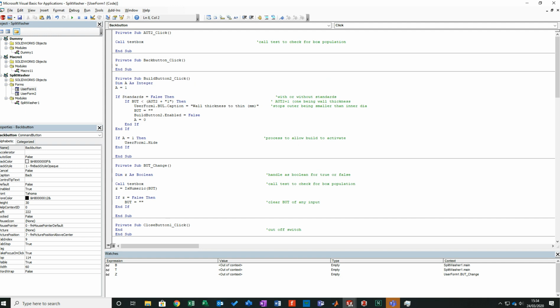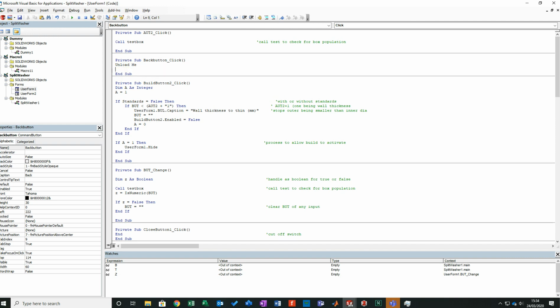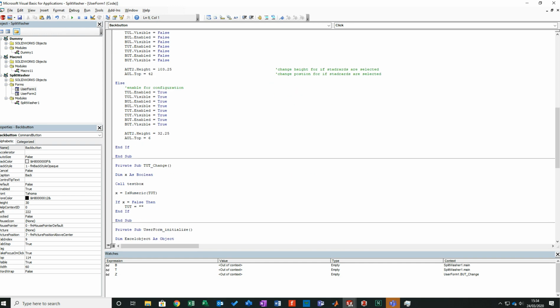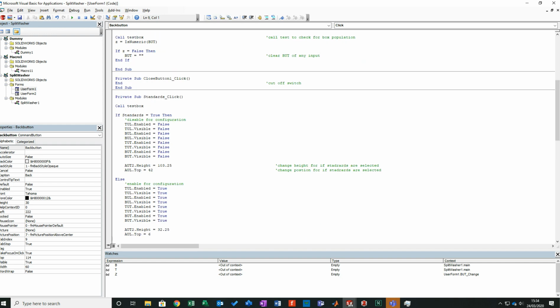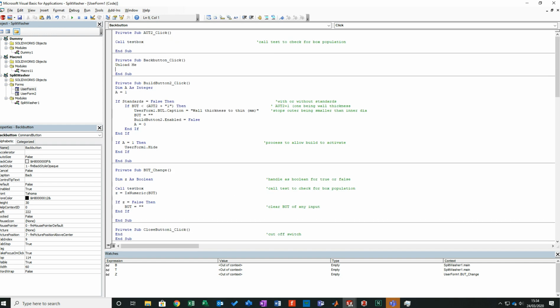So I'm going to unload me. This is the trickiest bit. I'm going to try and see if it'll let me deactivate the Excel spreadsheet. Well, no, at this point it's probably not going to. So unload me, and I'm going to go load user form 2